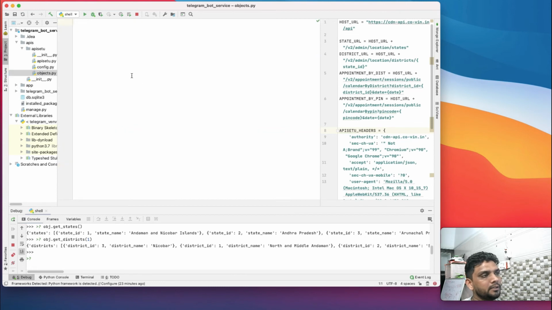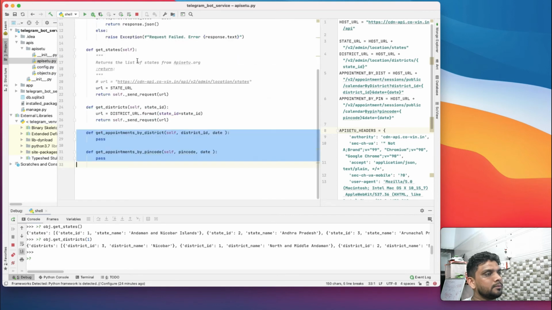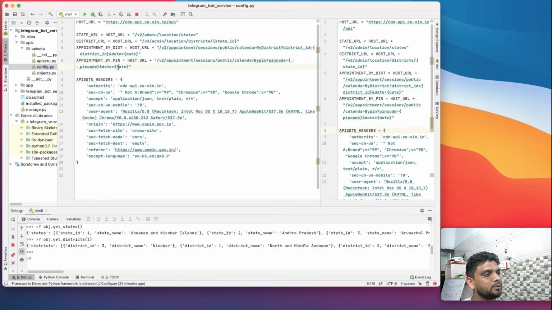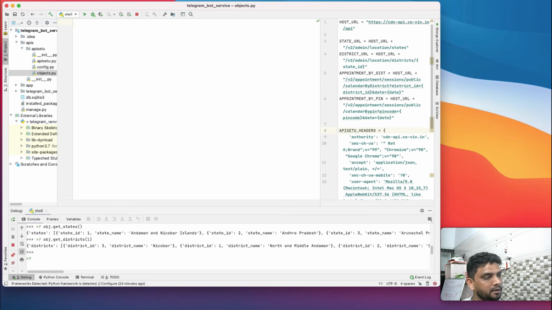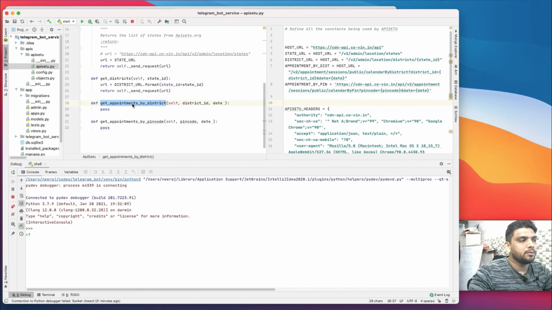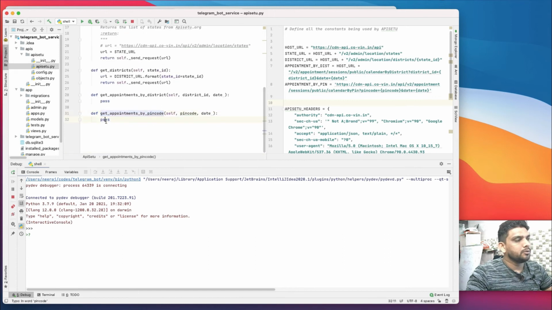So we have created these objects. We will add those objects. Okay, we had created objects. We are going to create get appointments by district and get appointments by pin code methods. So in order to do that, we know that pin code is going to require pin code and date, and